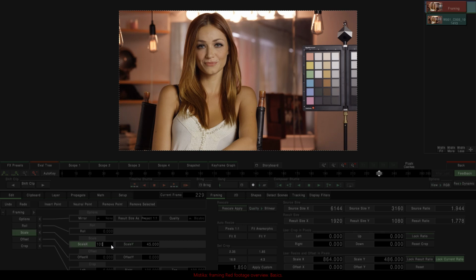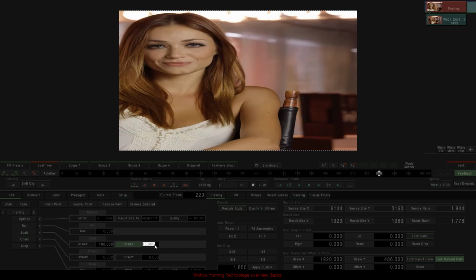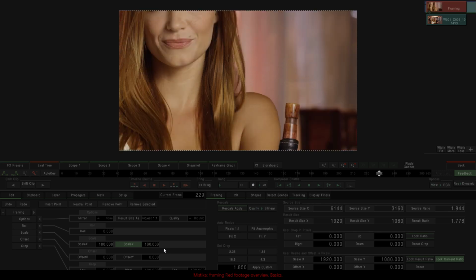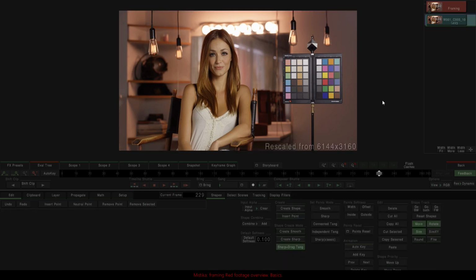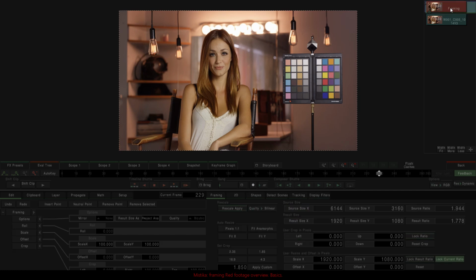My goal in this case is to bring the full image of the RED material in the context of Full HD without distortion. So for that I will have to use the anamorphic. But then we can see that we are in the problem we were before, when Mistika was telling us that it's been rescaled according to our input. And we have this distortion because both aspect ratios do not match.